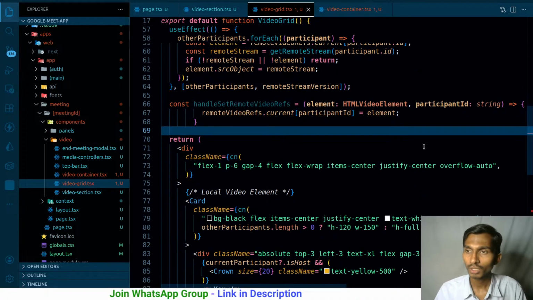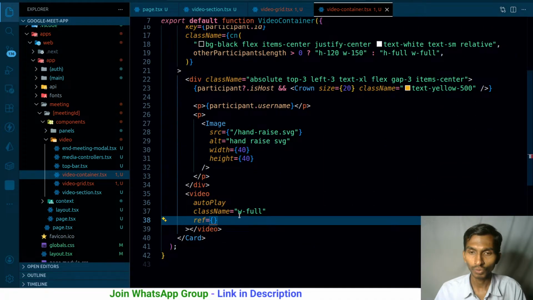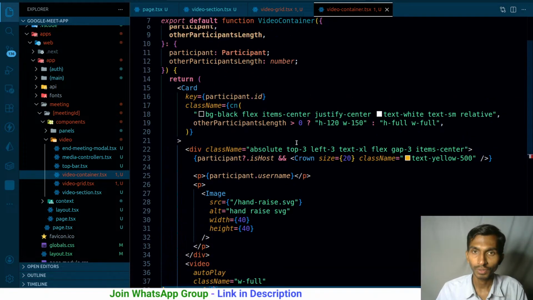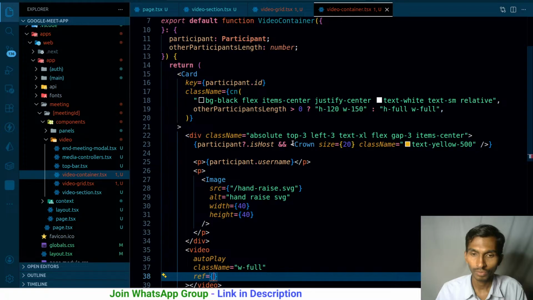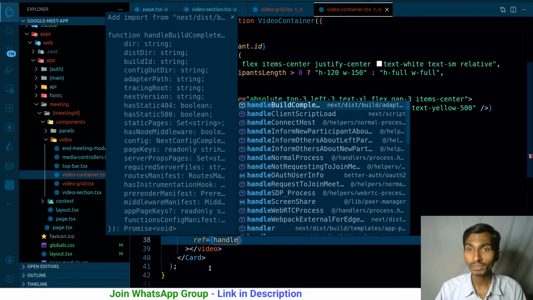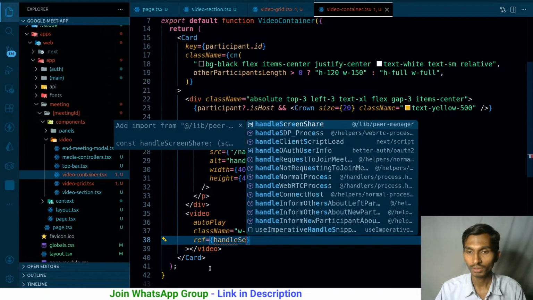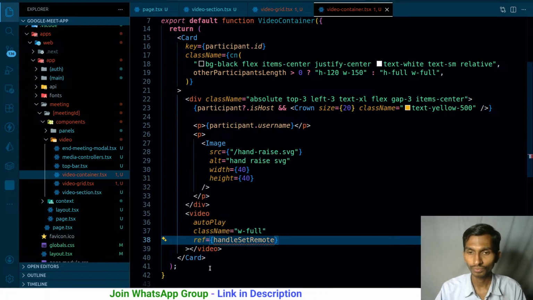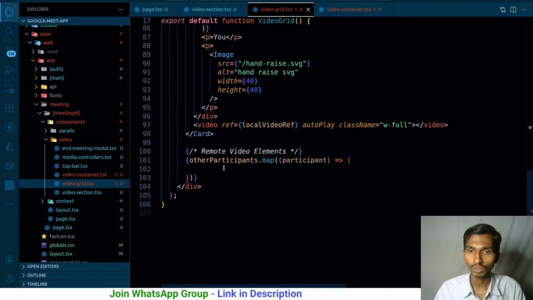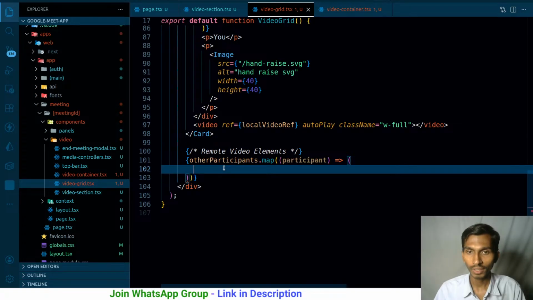Any problem as such? At least no problem in this particular case, and I can just simply import it inside this. So ref is gonna be, again, this is not what it should be. There are gonna be two types of refs, right? By the way, let's write this particular thing first of all. Handle set remote. I haven't exported it. From here I need to pass from to this one. I don't even have that.